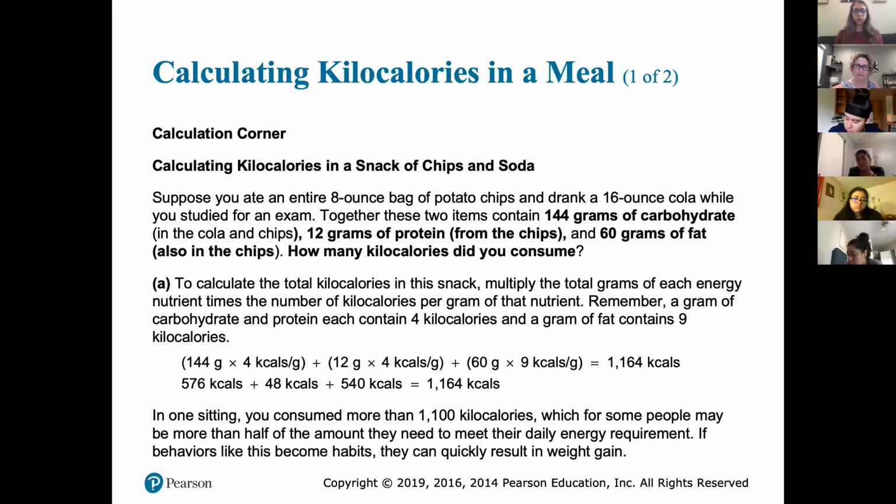chips and soda. And some of you might not know, what is 1,200 calories? Well, I will tell you this, that because of my age and my activity factor, my body really only needs about 1,300 to 1,500 calories a day. So guess what? Chips and a soda, I'm out for the rest of the day. I have a very small amount of calories left for the rest of my day.